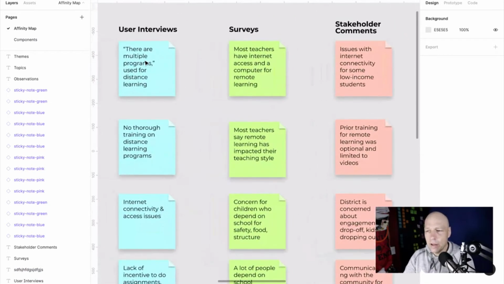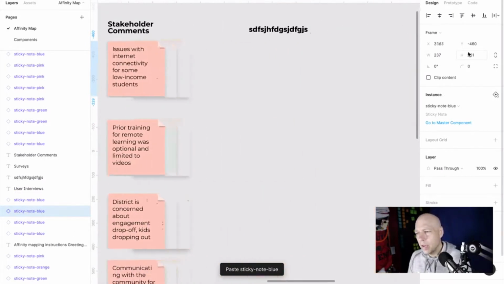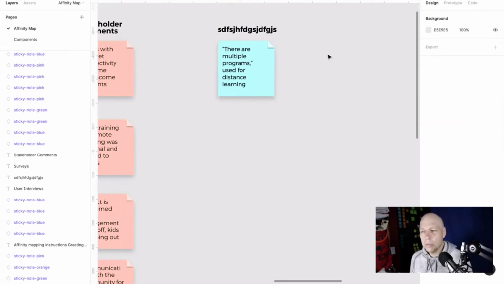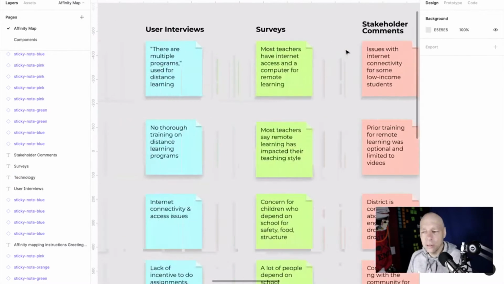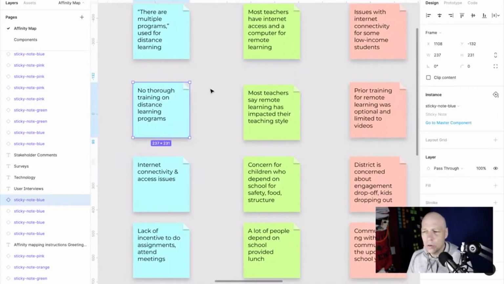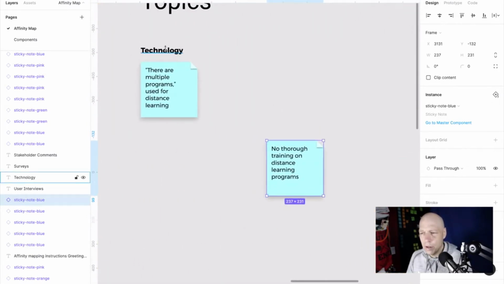It says there are multiple programs used for distance learning. So I'm going to copy that over. That's where I'm going to start. There are multiple programs used for distance learning, and I'm going to say that this is technology. That's a technological concern. No thorough training on distance learning programs. Okay, so that could be both